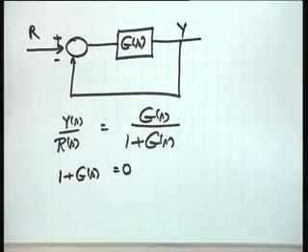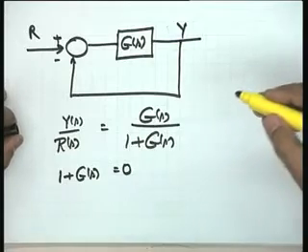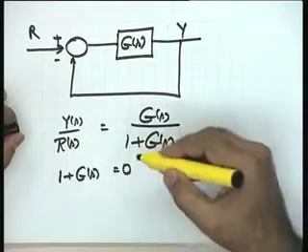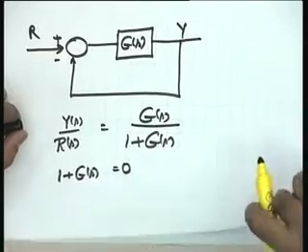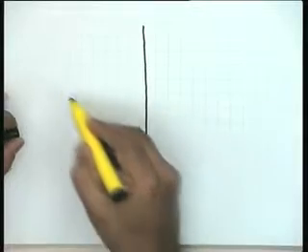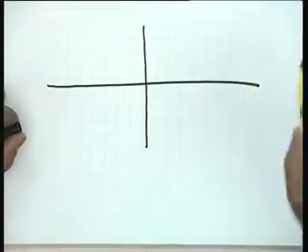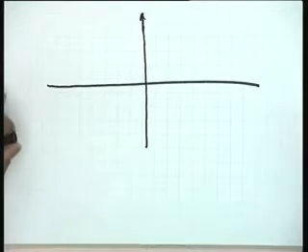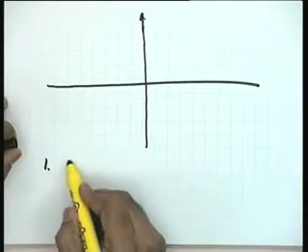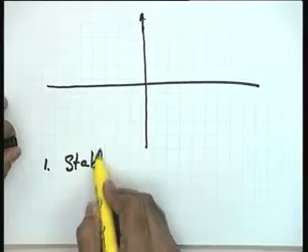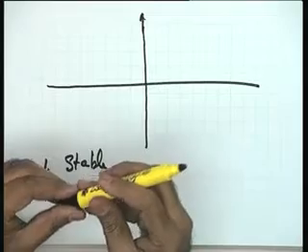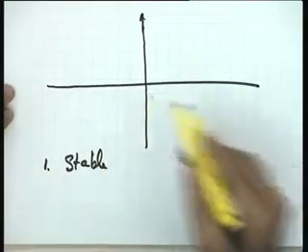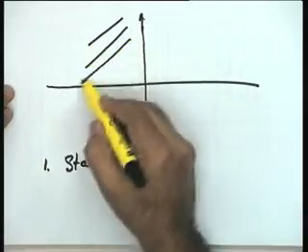The roots of this characteristic equation are the same as the closed loop poles of the system, and these roots dictate the stability of the system. You recall the conclusions regarding stability. The roots of the characteristic equation, or the closed loop poles of the system, should have this behavior for the system to be declared stable or unstable. Case number 1, let me call it: when do we call the system stable? This is what we established last time. A system is stable when all the roots of the characteristic equation are in the left half plane, strictly in the left half plane.